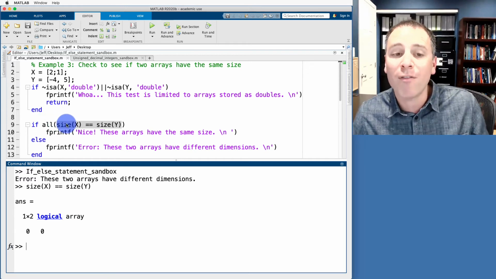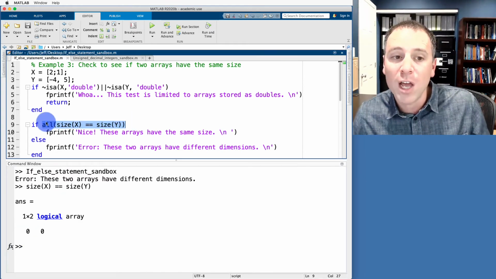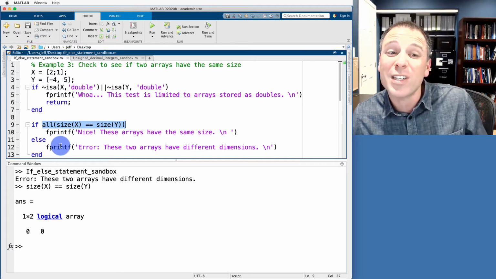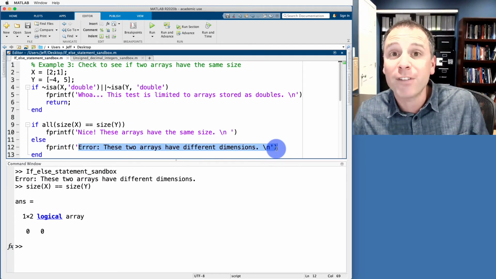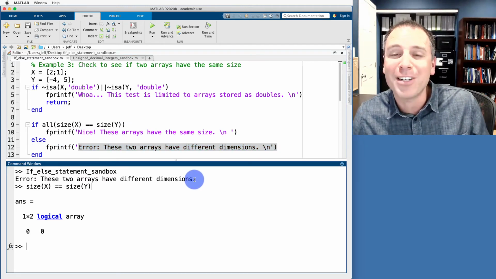Remember, all of that logical vector will be true if and only if every single entry of those is true. But in this case, we have 2 zeros. So this produces false. The moment we know that the logical scalar in the if statement produces false, we drop into the second code block and we produce this error message. "The two arrays have different dimensions." That's exactly what we see printed in our command window.